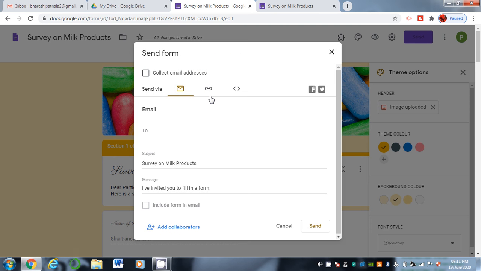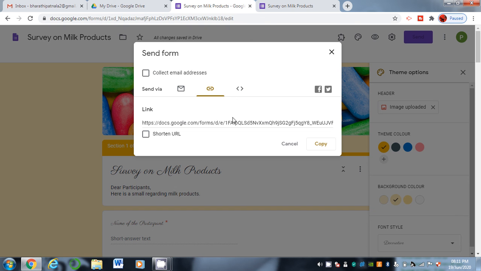Similarly, if you want to send the link to anyone, simply copy this link. If you don't want a long URL, then make it a shortened URL.